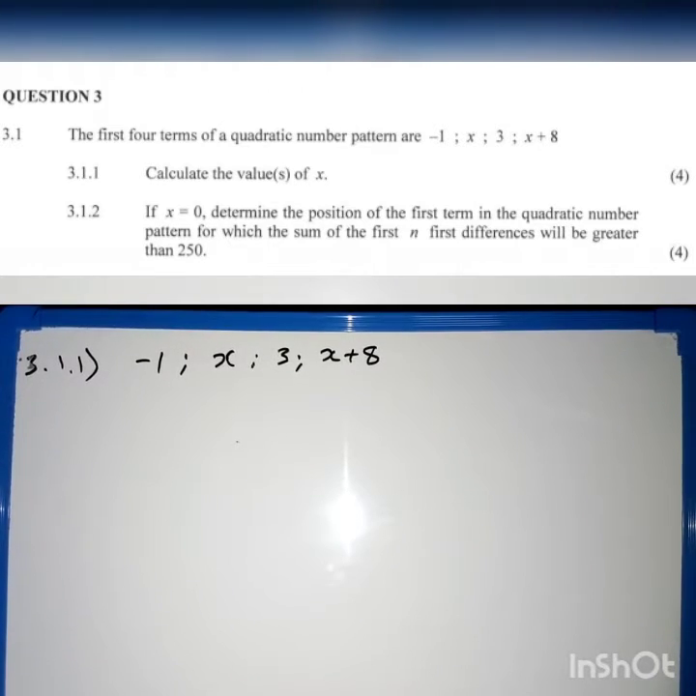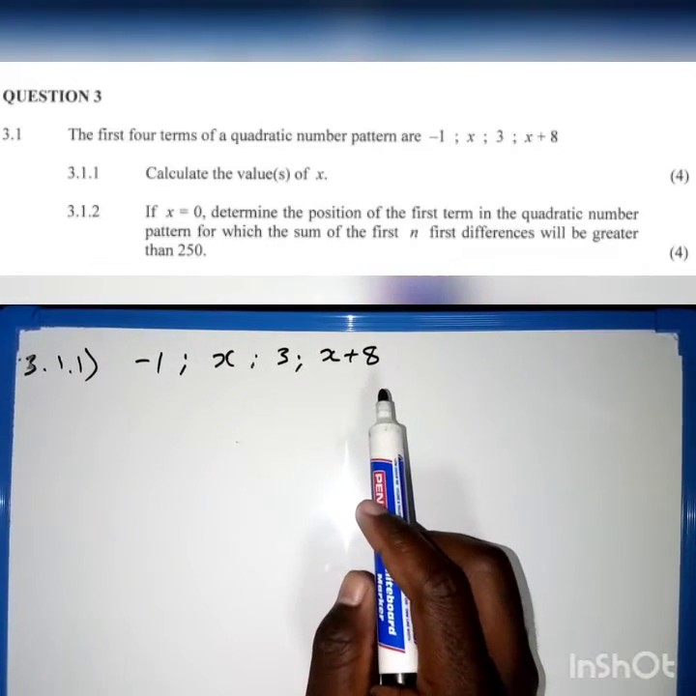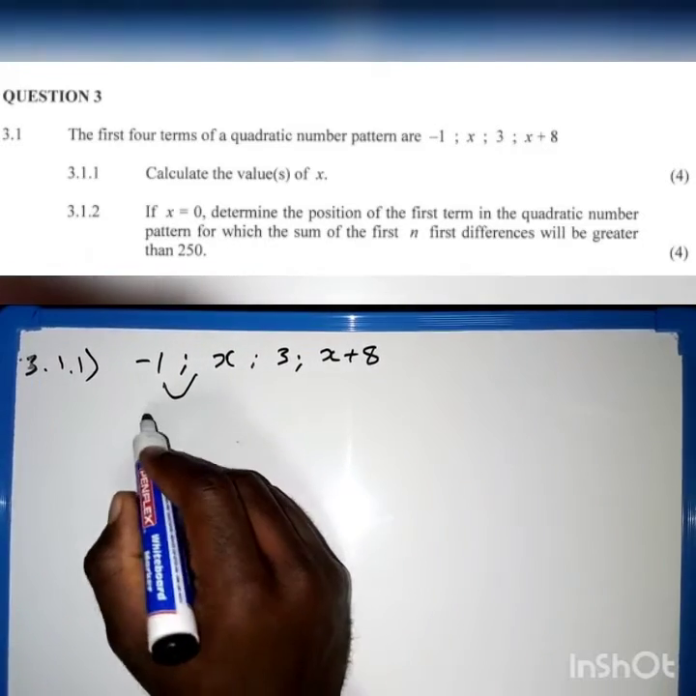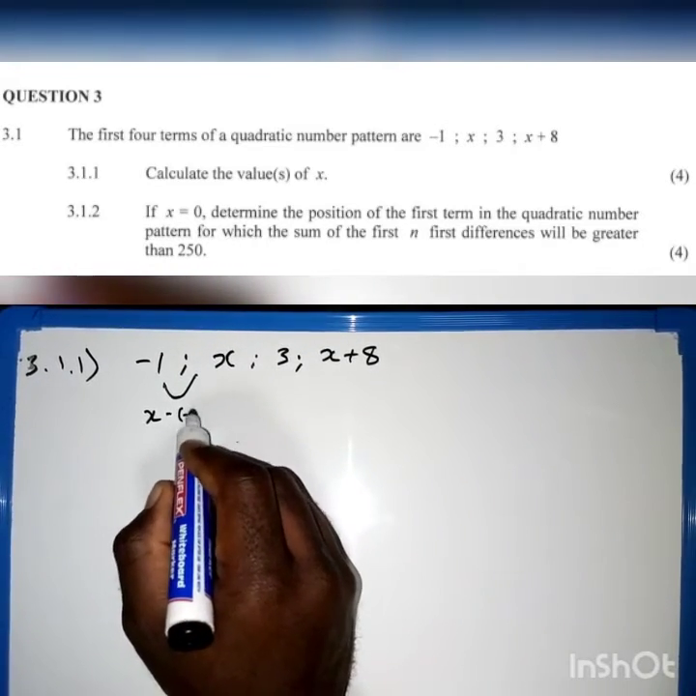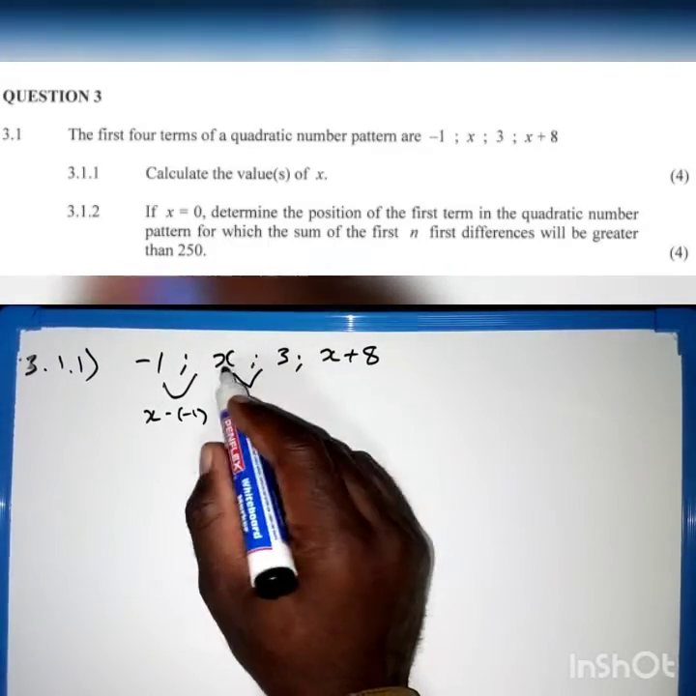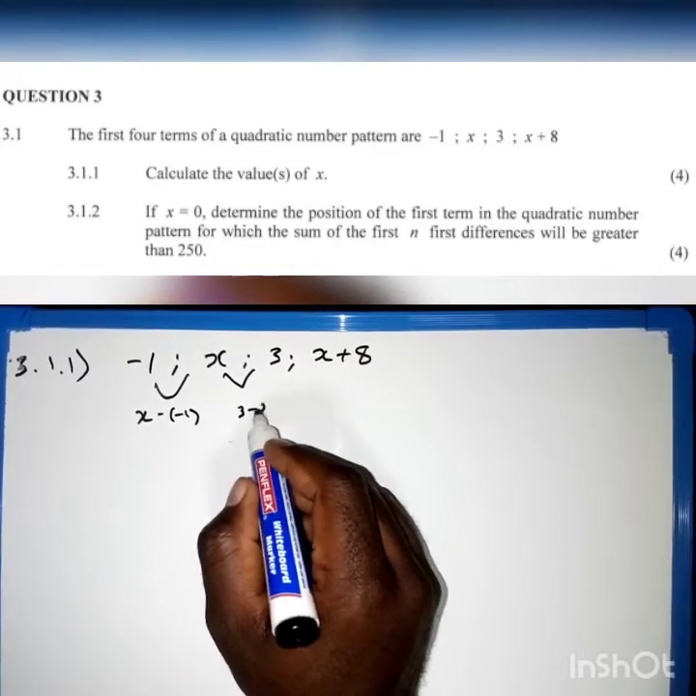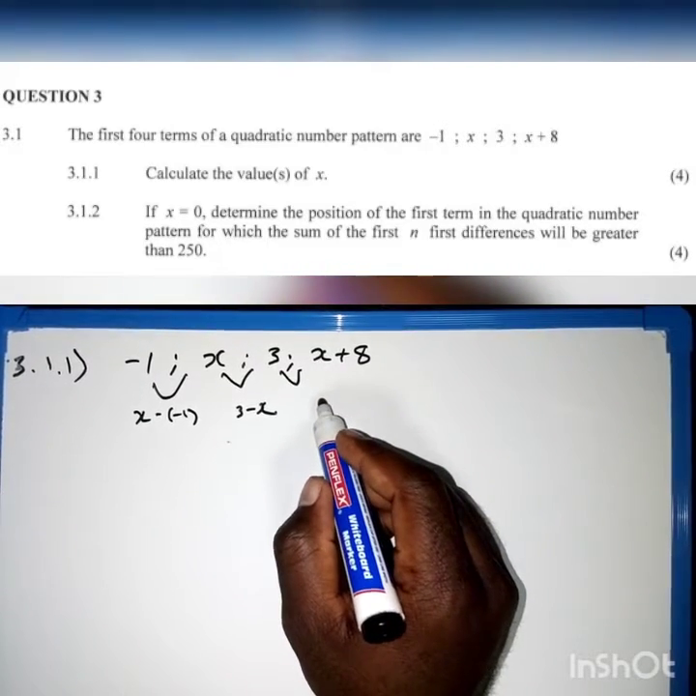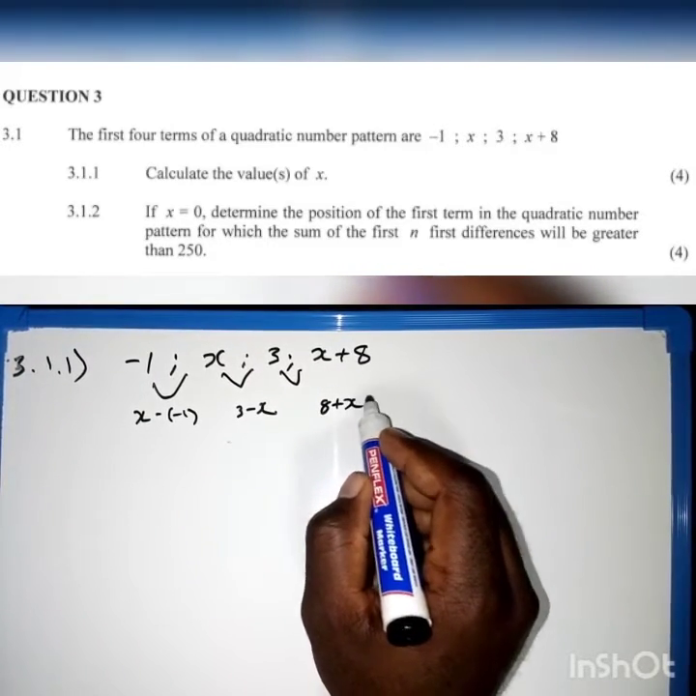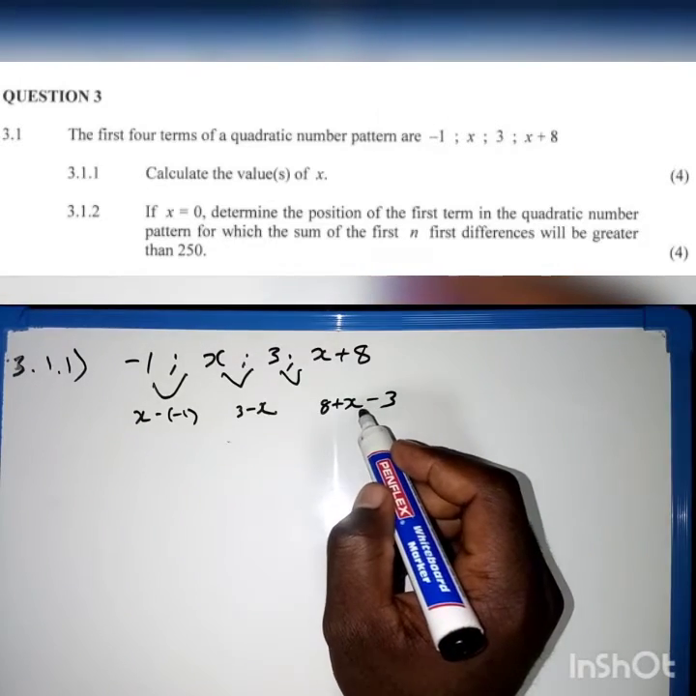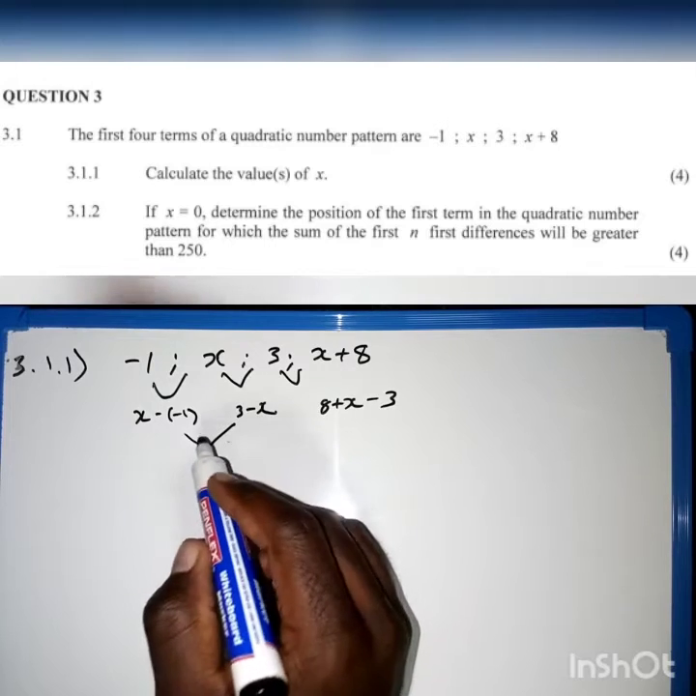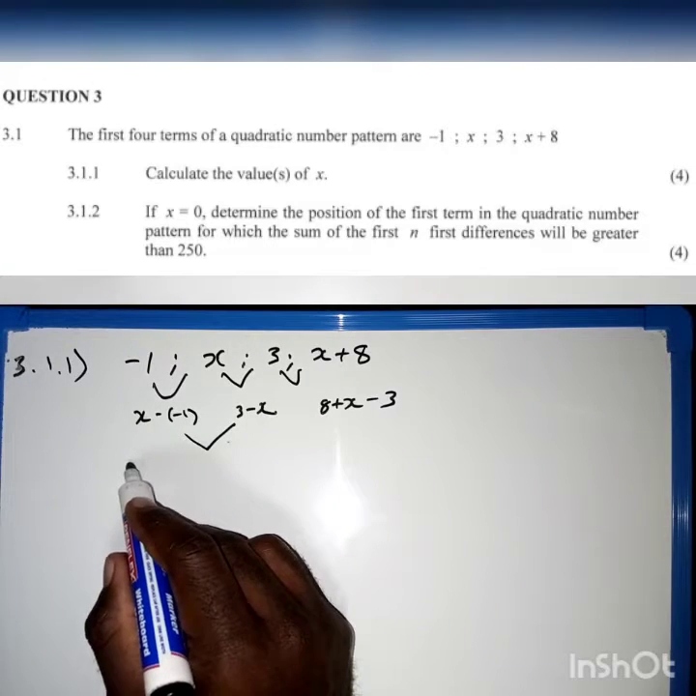We are given a quadratic number pattern, and we have to find the value of x. So we'll say x minus minus 1, and then 3 minus x, and 8 plus x minus 3. So that's the first difference, and then because it's quadratic, we know we have to have a